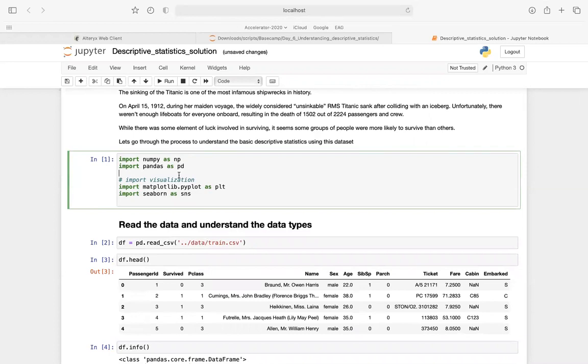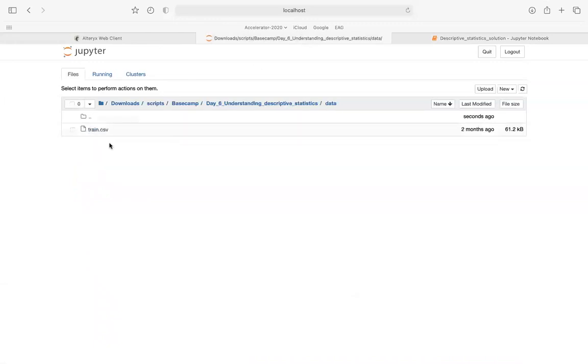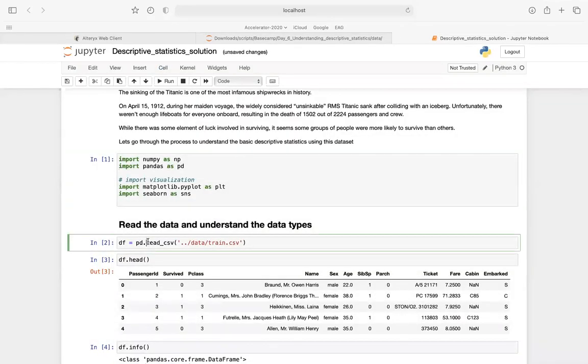The people who have imported the libraries, let's move on with reading the data. Again, we are going to use pd, that is, a pandas data frame. Because my data set is in CSV format, that is comma separated values, I would simply say pd.read_csv. It simply asks for a data file name. So I'm going to say under the data folder, go to train.csv. And if I run this,